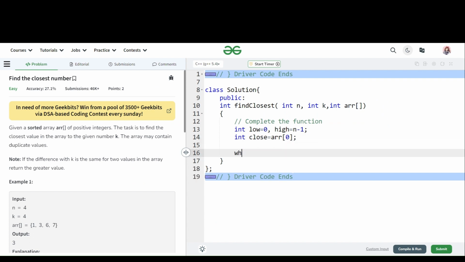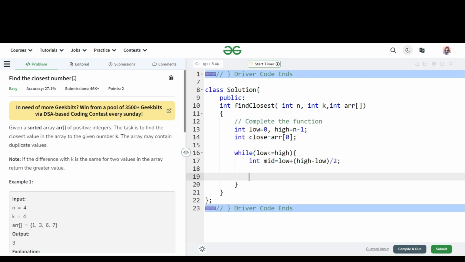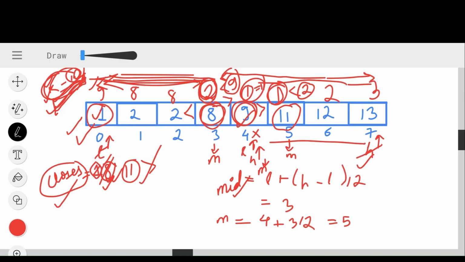Now we will run our for loop with this condition. And to do the binary search, we will always need a mid element. So this was the formula we applied. Now we will check for the difference. We were at first checking with the array mid element minus the k.